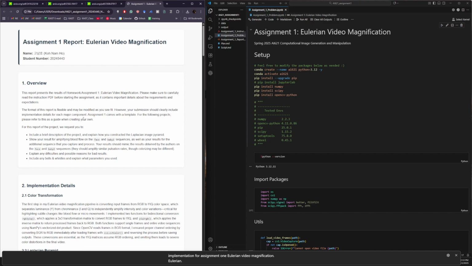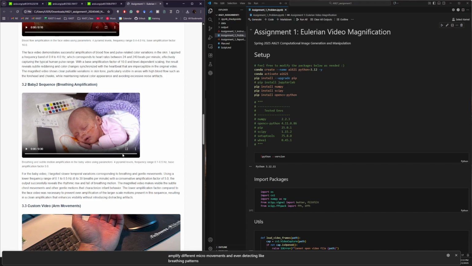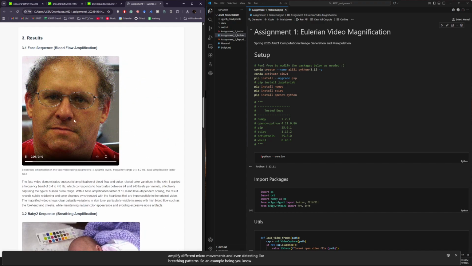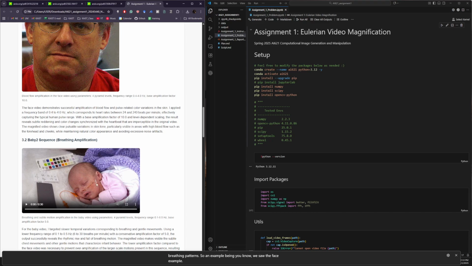Eulerian video magnification is a powerful technique that we discussed in class that reveals subtle temporal variations in videos that are invisible to the naked eye. So we discussed that it can visualize blood flow under the skin and also amplify different micro movements and even detect breathing patterns. An example being, we saw the face example as well as the baby